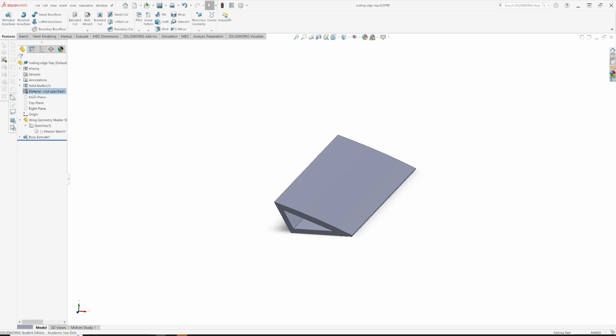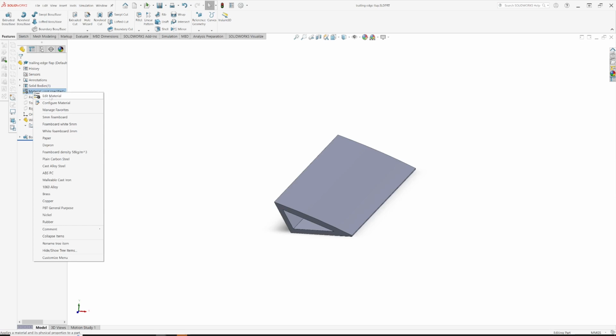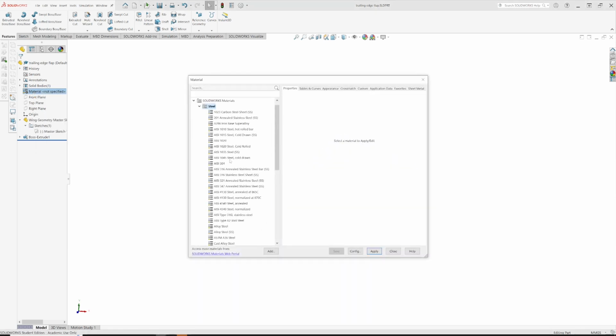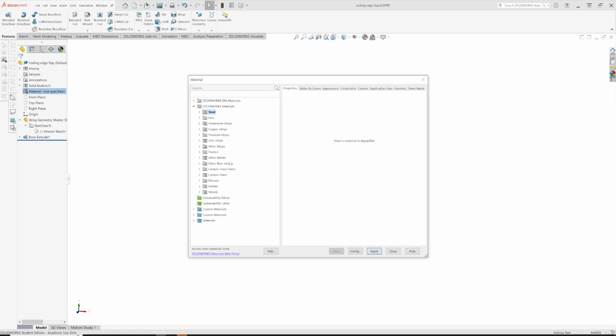So we go to material, right click on that and go to edit material. A big database of stuff, mainly steels and metals and things, comes up, and somewhere down the bottom there'll be a folder called custom materials, and it'll be different depending on how you've installed Solidworks. But essentially you can add new materials to the custom materials folder, and I've actually got one I've created here before, so let's do this one with nothing else in it. So it's my second custom materials folder, and if I right click on that,